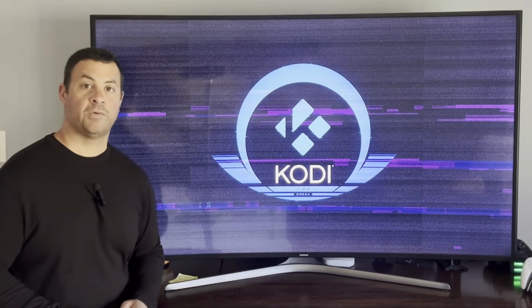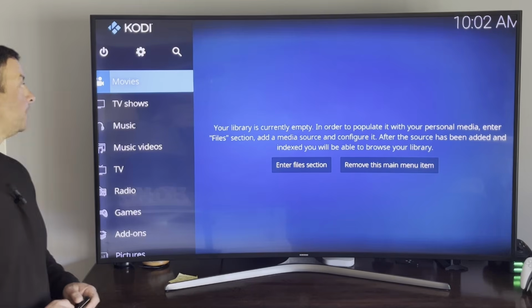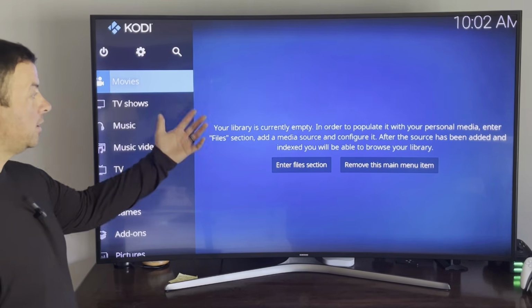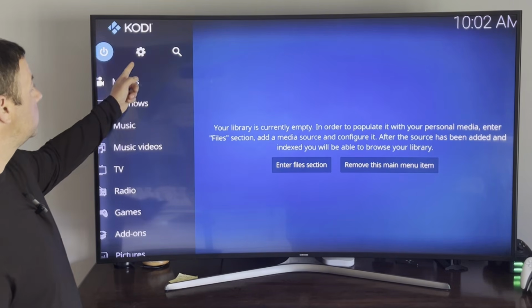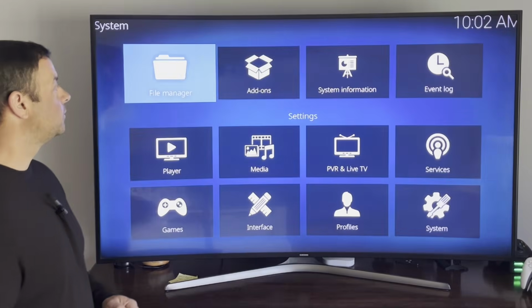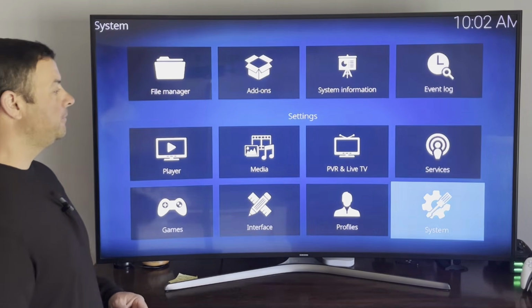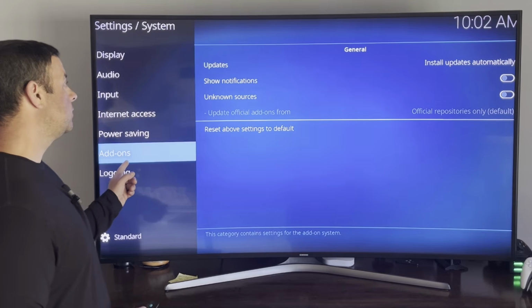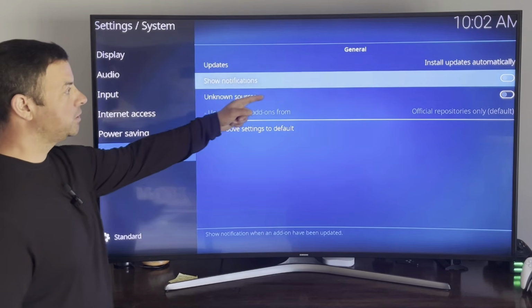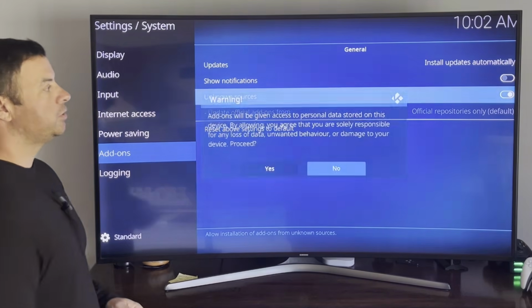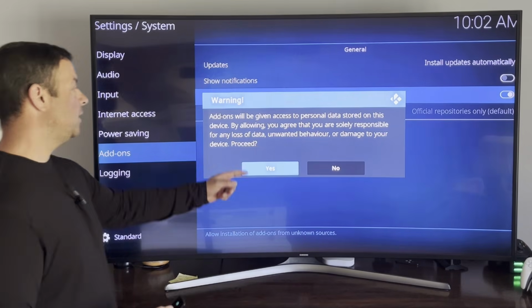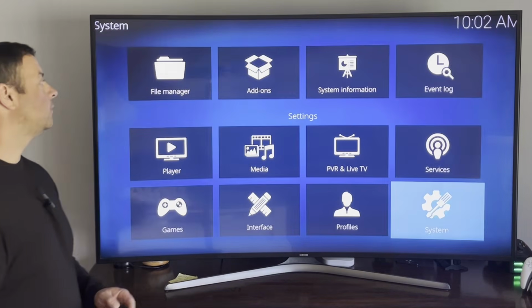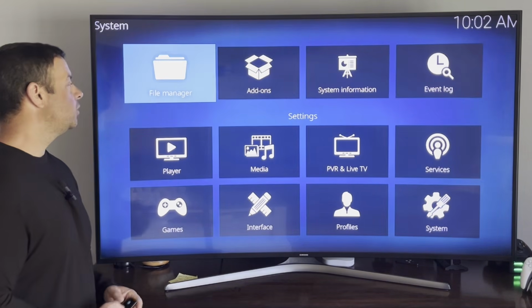It does take a few moments for it to initially start up. We come up to the settings icon, go down to System, come down to Add-ons, slide across, move down Unknown Sources, turn that on, and yes. Back out, go up to File Manager,